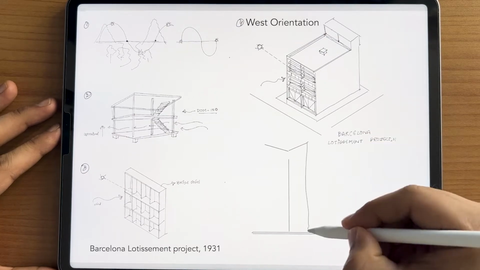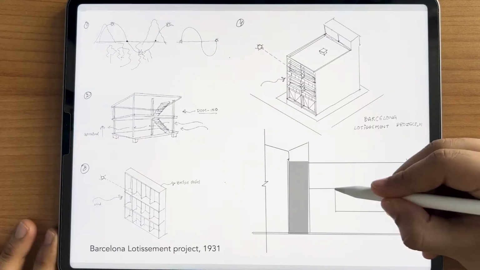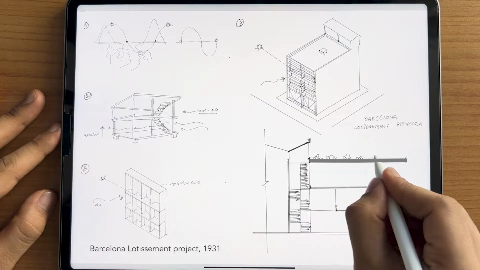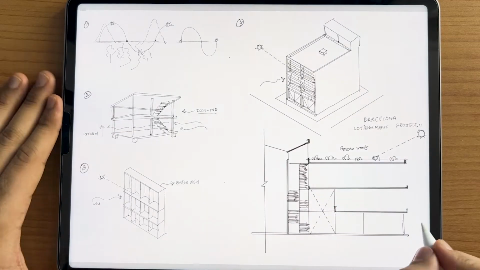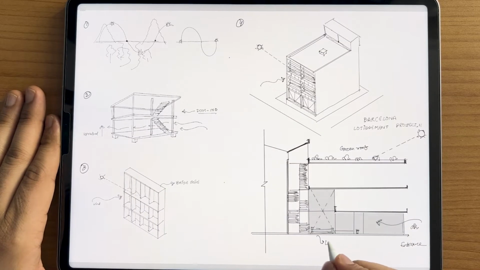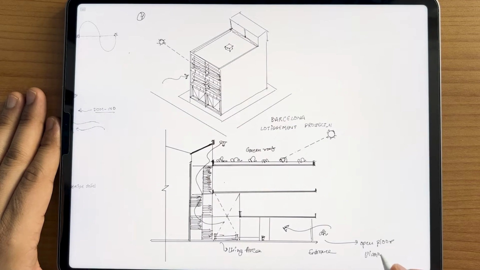Let's see the section of this house, where the staircase is at the back side of the house. This house has 3 floors, a terrace with a roof garden reflecting the direct sunlight, making the house cool. The ground floor has a living area with double height and a cave-like entrance, allowing air to travel from the front to the back of the house. So this house has an open floor planning.